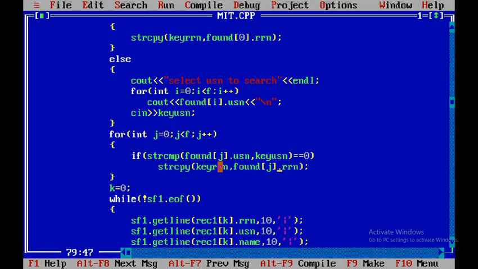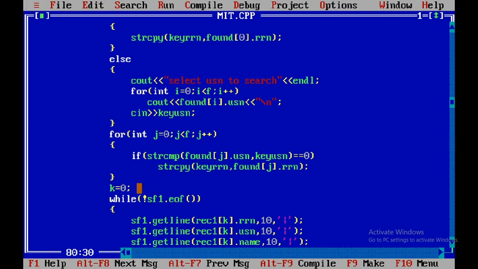Got it? See, I'm just trying to find out the rrn value of what I want to search. Hope you all got that. So I'll get 3 as an rrn value. Don't get confused with USN as well as rrn. If you are confused, you can take a different number representation, like 10, something like that. So what is my key rrn now? 3. Whose USN is 4.